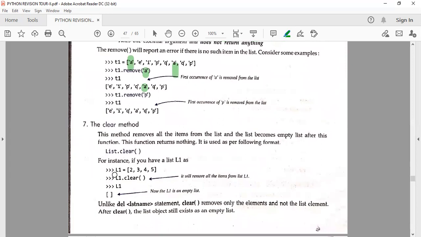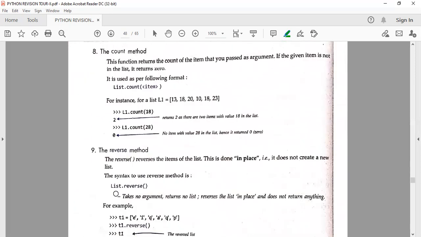Clear method. If you write the clear method, whatever the content is, it just gives you an empty list. Then there is a count method. Whatever element you write in the count function, the number of times it appears in the list, it will give that answer.